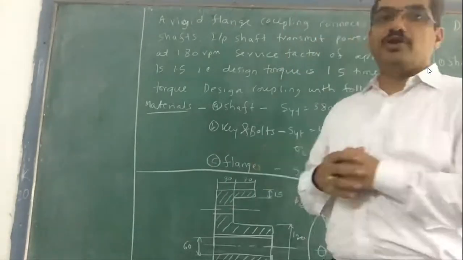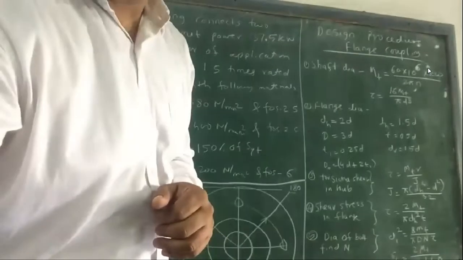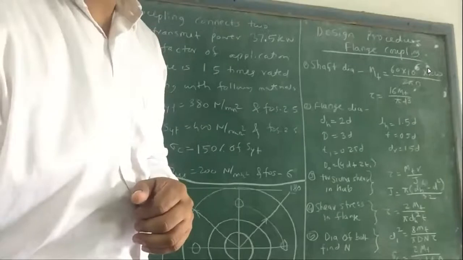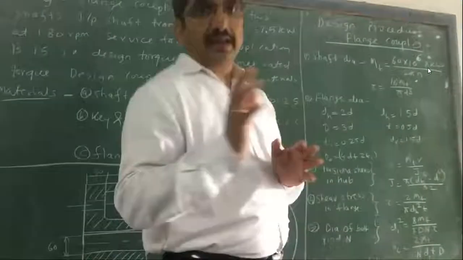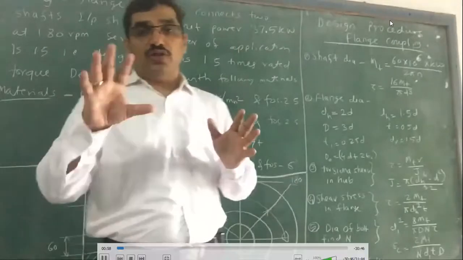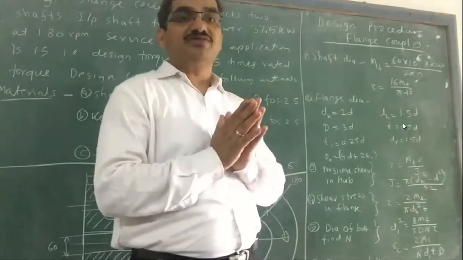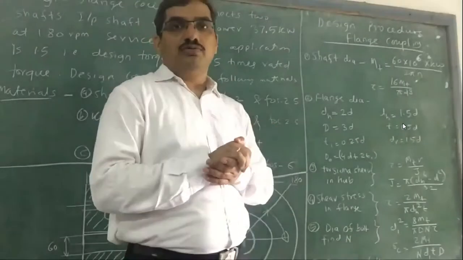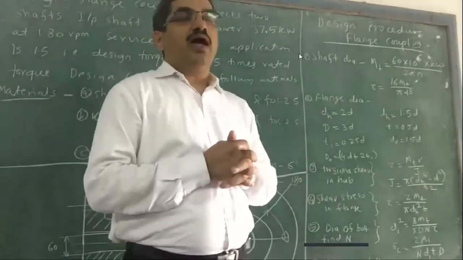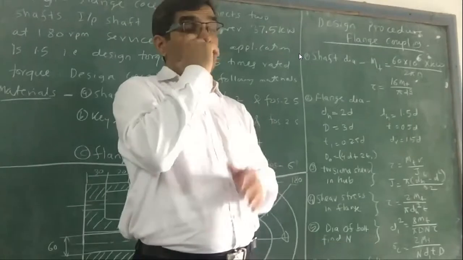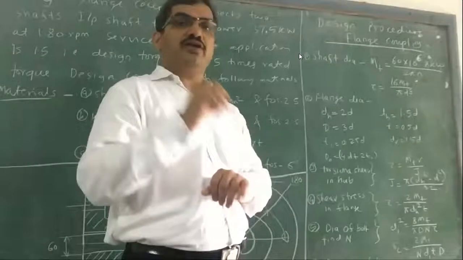So today I will take a numerical on that, but before that I just want to recap the procedure for the design of a flange coupling. I have simply noted it here. In any design, or in this whole chapter, first we try to find the allowable stresses, allowable tau, allowable sigma, all those different stresses, and then at the end we make sure that whatever stresses we get in our design are within the limits of the allowable stress. That is the first step.